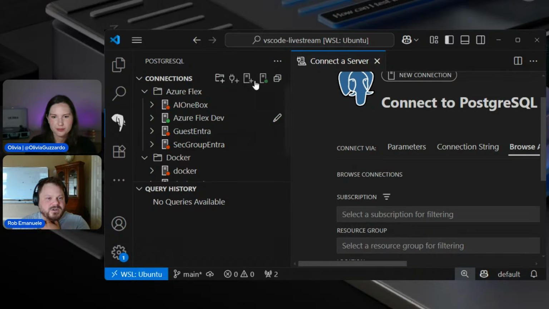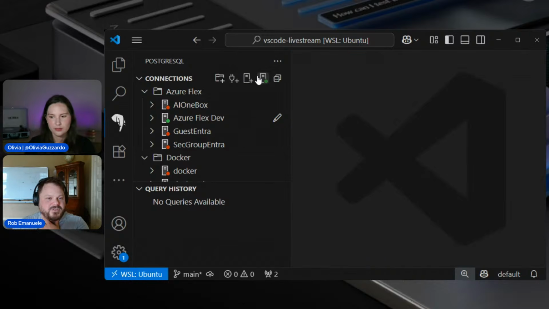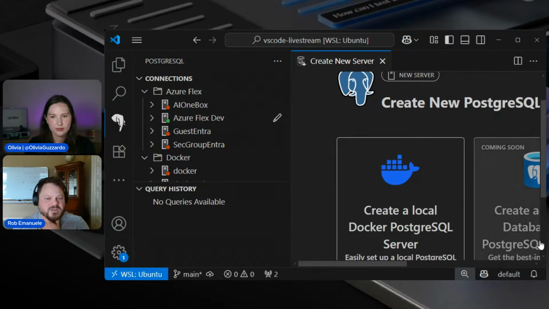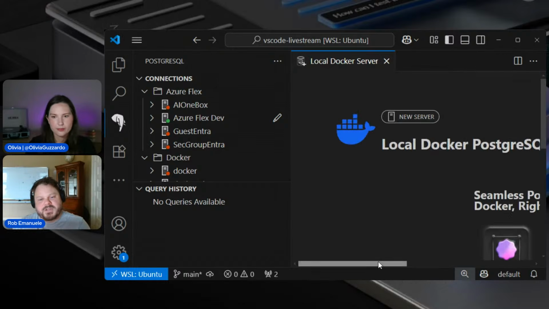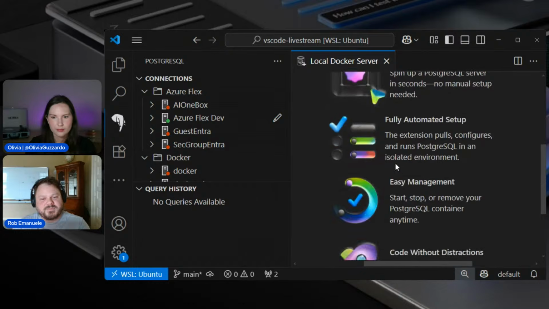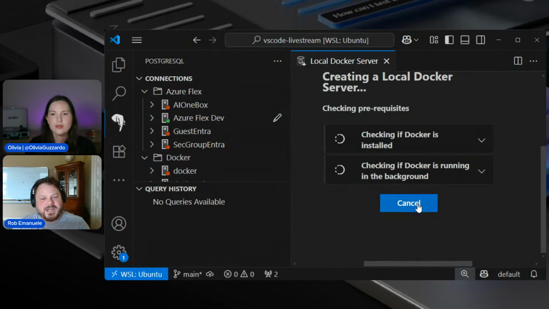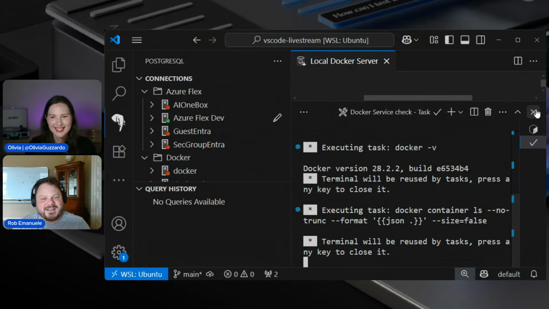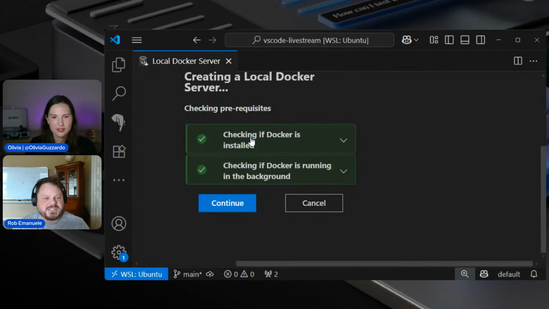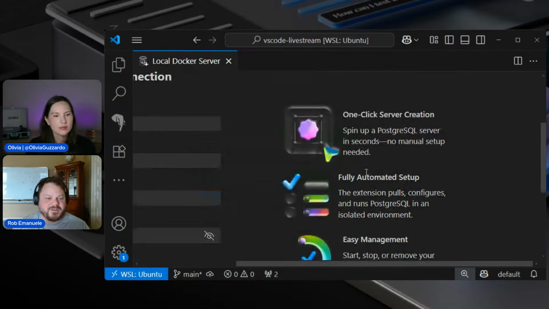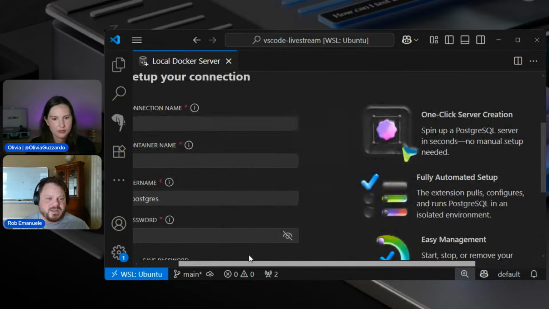Yeah, and that's for creating a new connection. You can also create a new server. Right now we're only supporting Docker, so you have to have Docker installed. It has this little page to talk about why you would want to do this, and it opens up a terminal. It checks if you have Docker installed and makes sure it's running. And if all that's good, you can go ahead and